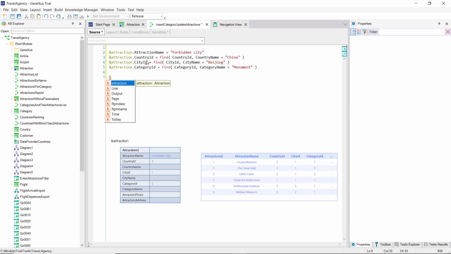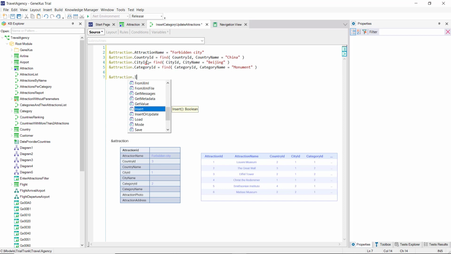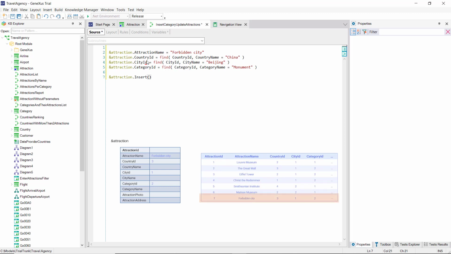To do so, we have the insert method of the business component variable, which, as we can see, will return a Boolean value, true if it could insert it, false otherwise. We can just invoke it, and it'll try to insert a new record exactly as the transaction does. That is, executing all the rules and validations. If it succeeds, then the variable will be loaded with the ID given by the database and all of its own and inferred attributes.